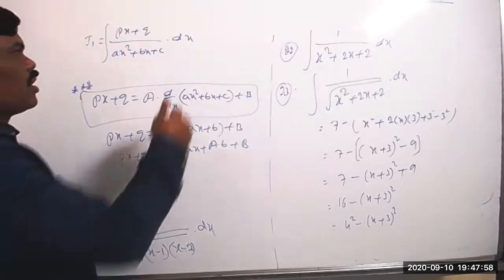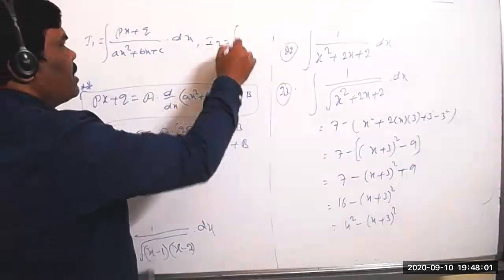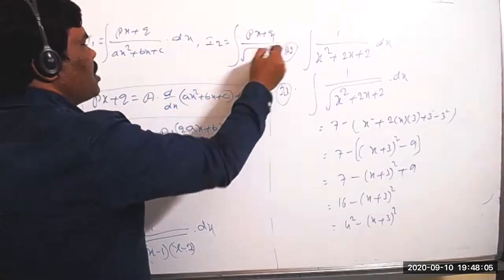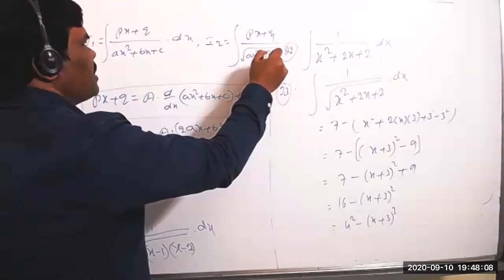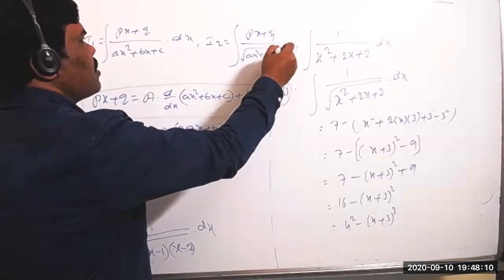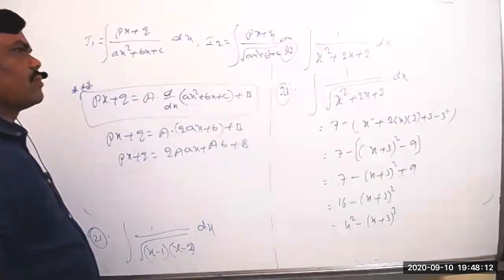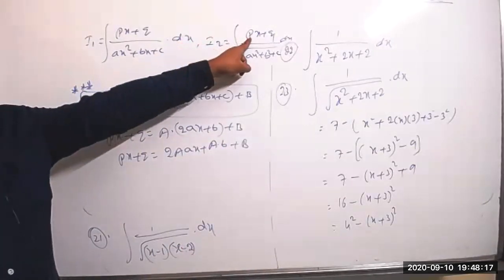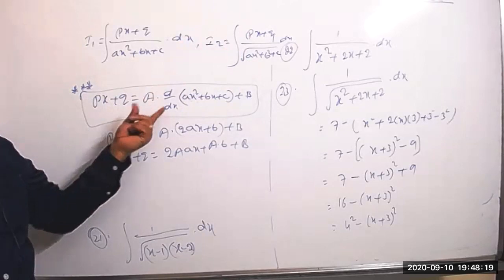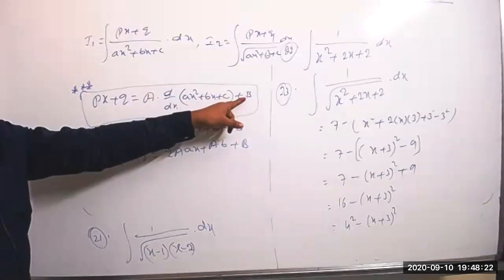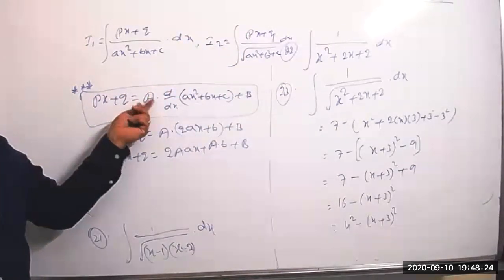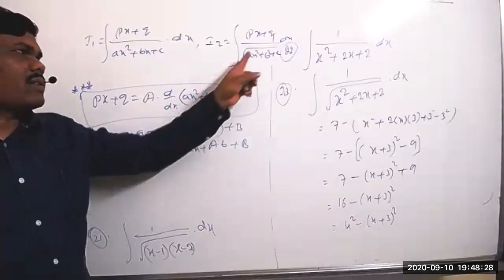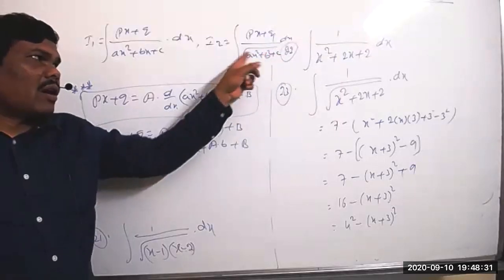Not only this one. Suppose you can take here now one more method we have. Integration of px plus q by square root of ax square plus bx plus c. In this case also, we have to take the same method. Just remember that one. Whatever they give as a numerator, that numerator must be equal to capital A, where capital A and capital B are the constant values here. Capital A into differentiation of denominator plus B. Here also same thing only. Differentiation of only this one we have to take, not the square root.